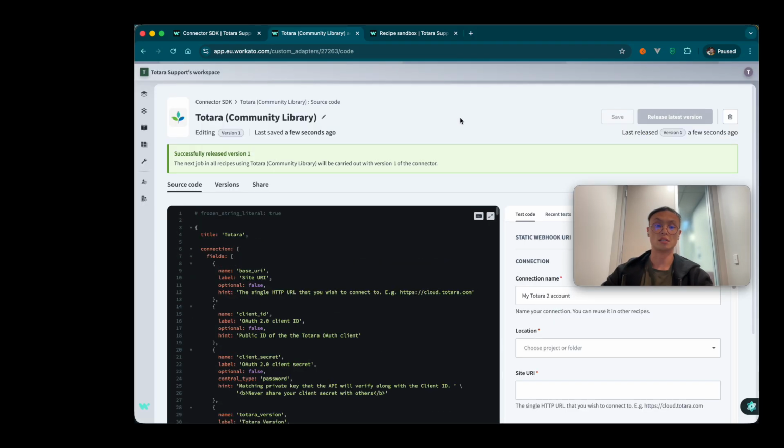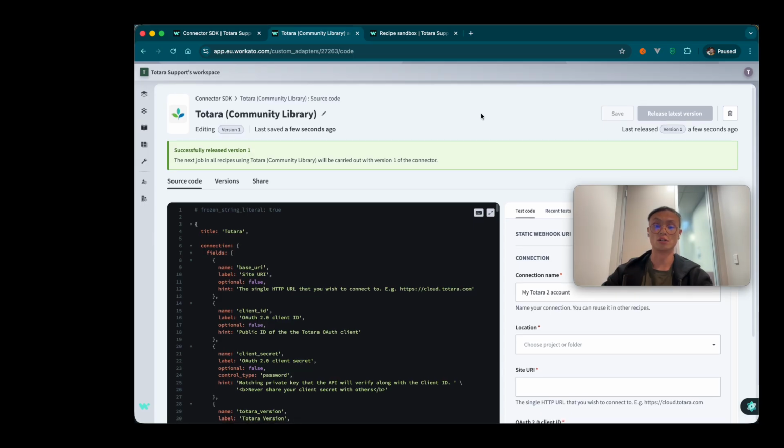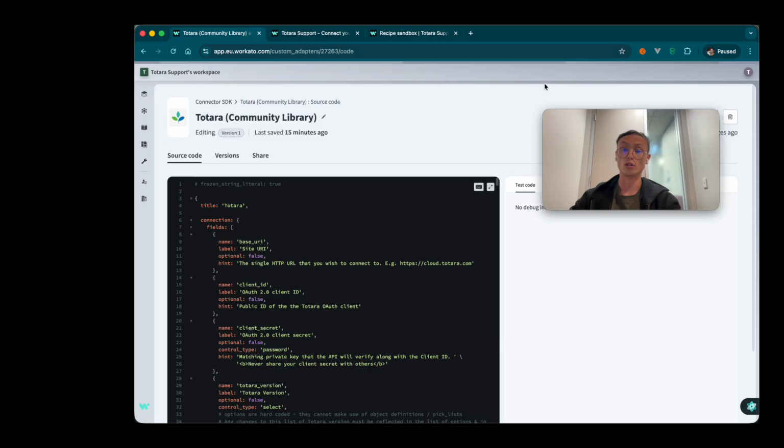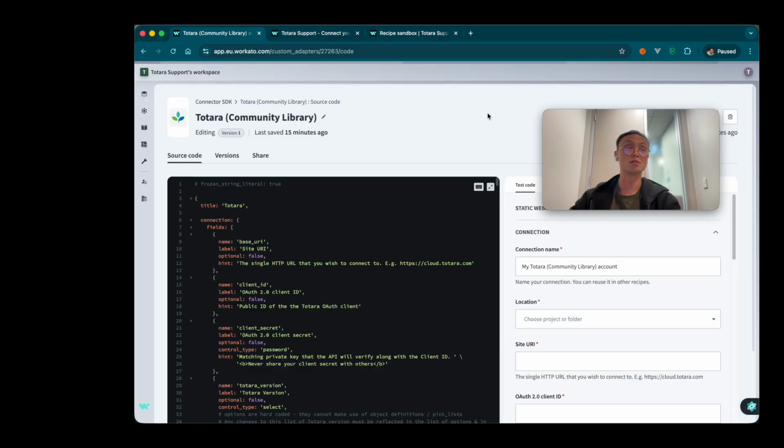And now this connector is ready to be connected to and then used in integrations. So now that we've installed this community library connector, you can see it here on the connector SDK page, the community library one that I've named next to the connector beta. We need a connection. So what is a connection? A connection is basically the authorization Workato uses to connect via the connector to your application of choice, in this